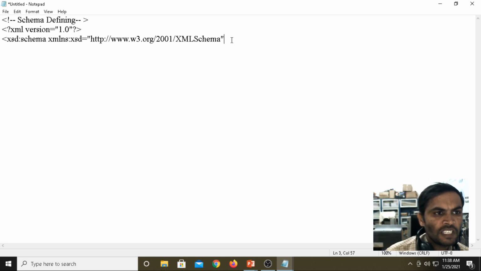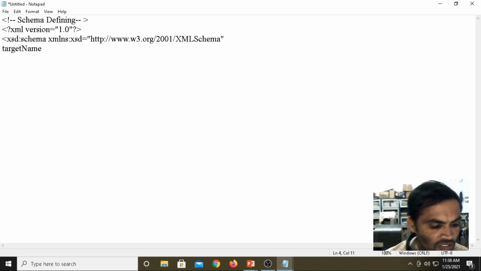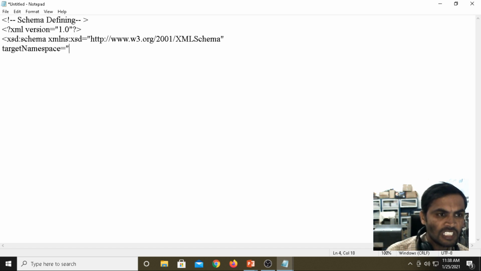Now, the first step for defining the schema is to define the namespace on the root element of the schema. Then next we should define the target namespace. Target namespace is an attribute available under the schema element.